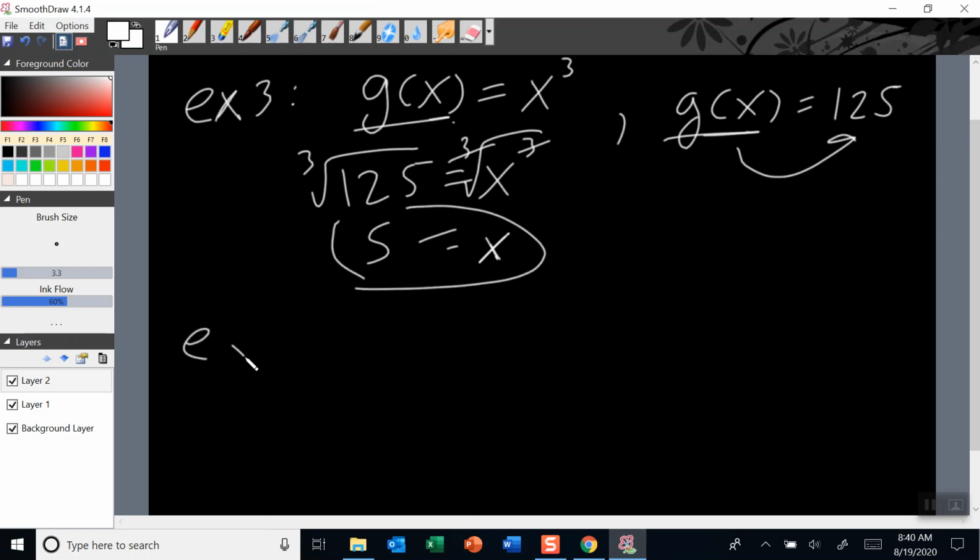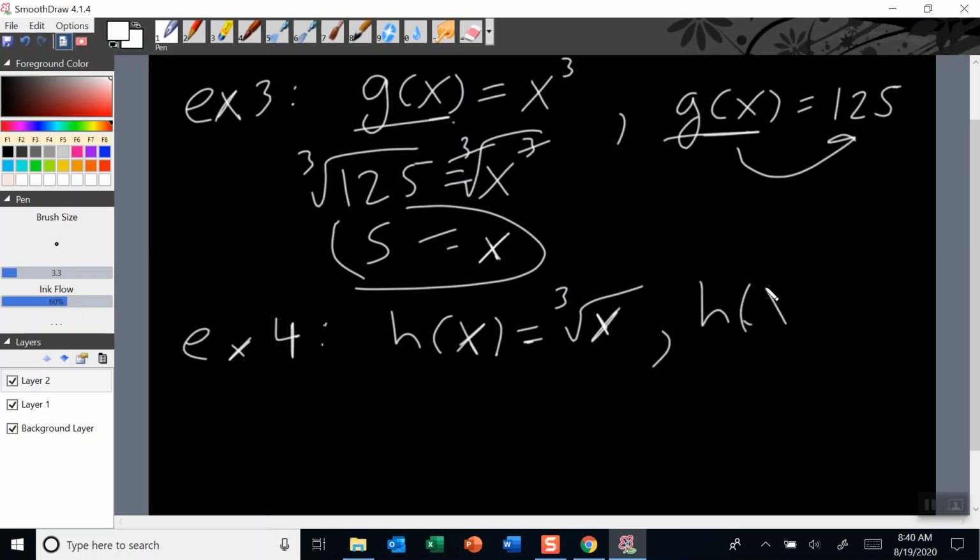Let's try our fourth example. And at this point, I think most of you probably have it down, but let's just try again. Let's say, okay, in this case, we have h of x is equal to the cube root of x here. Now let's see, what do we want h of x to be? Let's say, you know what, let's do kind of a larger number. Let's say h of x is going to be 11. Well, when h of x is 11, right here, I write in an 11 for h of x, and we have the cube